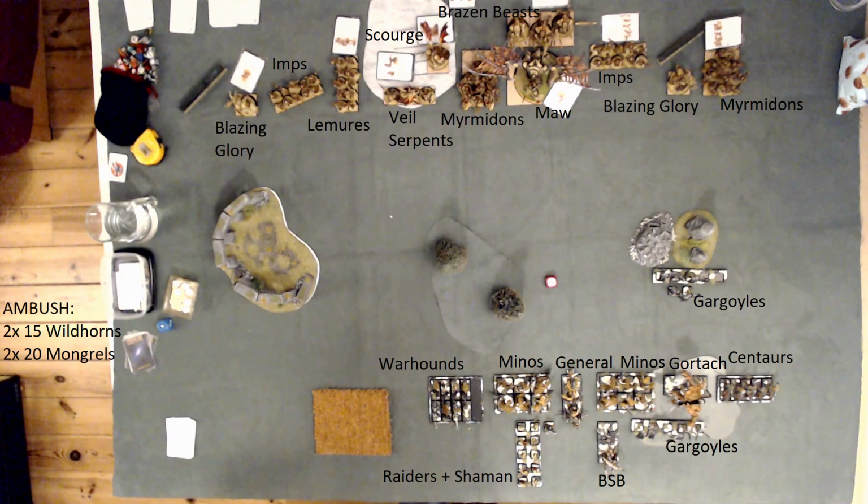And as you can see, I used the unit cards that I printed out that I showed in a video earlier to indicate what unit is where. Yeah, about my deployment, it's made a lot easier by the fact that there's some impassable terrain on the right, some ruins on the left, and the fact that my opponent already deployed the Minotaurs. So I have my Scourge and my Maul basically to go into the Minotaurs,